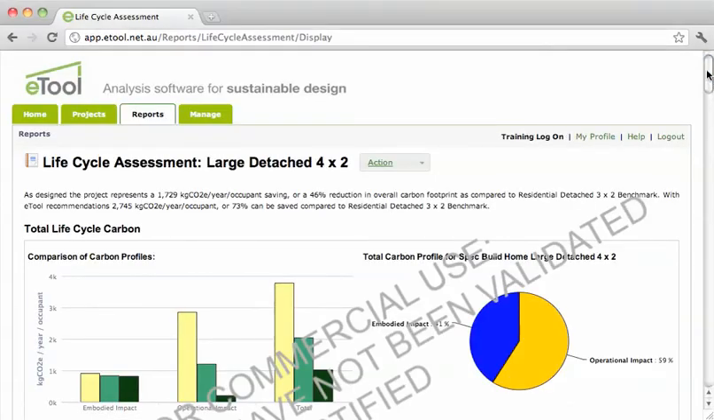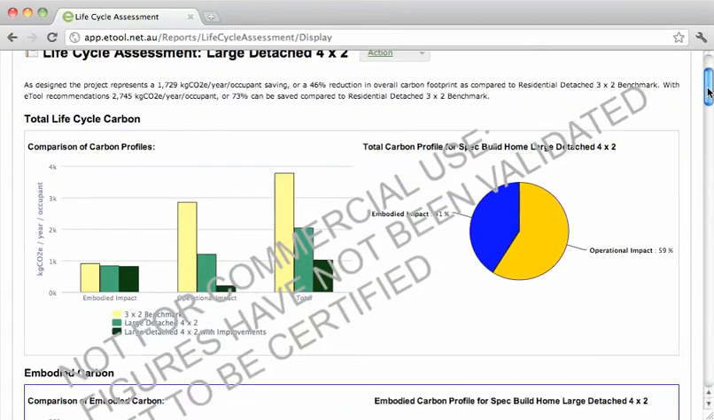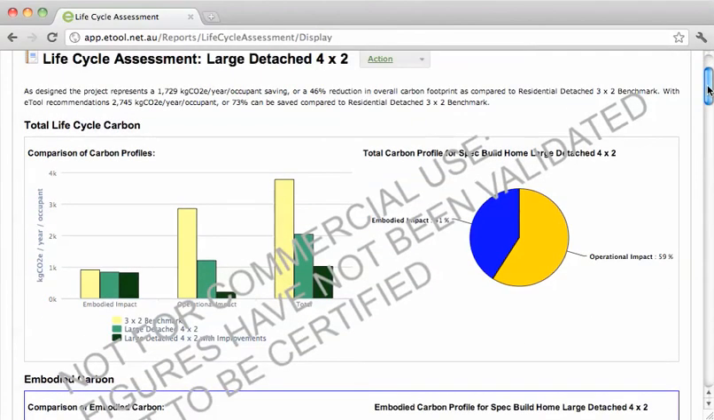And these reports are a summary, but they do have a lot of the elements that are required for international standard LCA reporting. There's a little summary up here to say that we're saving 1.7 tonnes of carbon per year per occupant, or 46%, just with the as designed building. And then here, with the further recommendations, we can save 2.7 tonnes, so quite a big saving compared to a standard building that